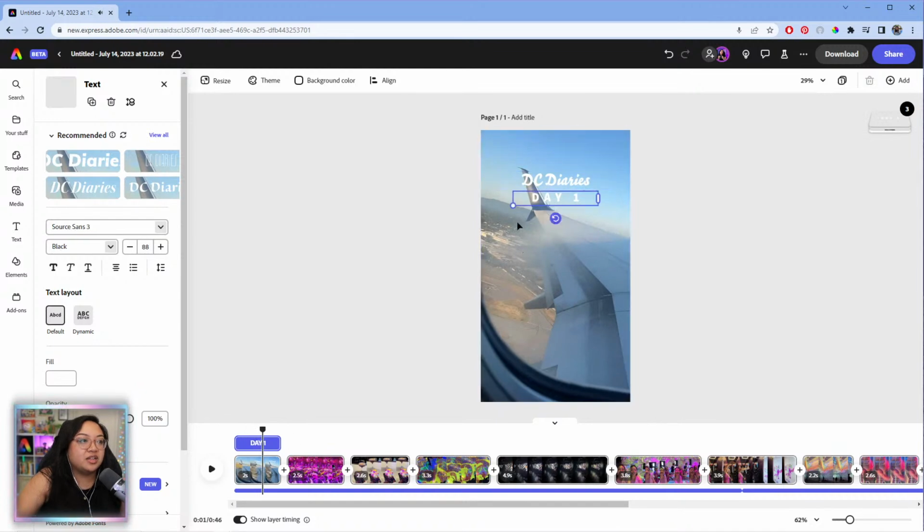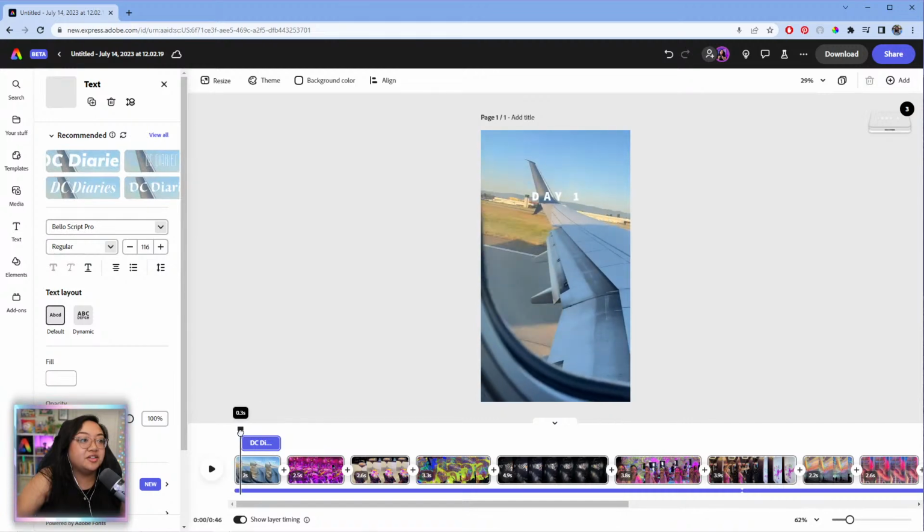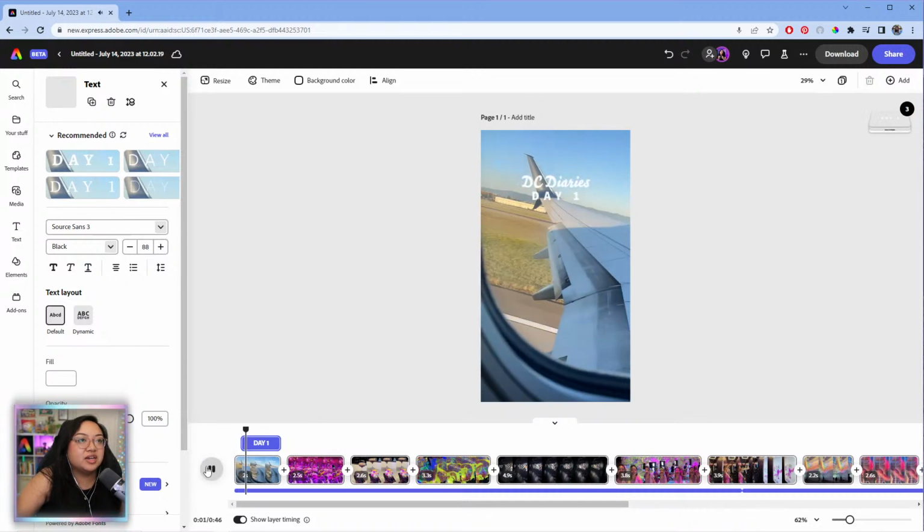See, it came in a little later. And because this timeline only highlights the current layer that you're working with, I like to leave the playhead where the last thing was, and then I'll just line it up with the playhead so that it is at the same time.